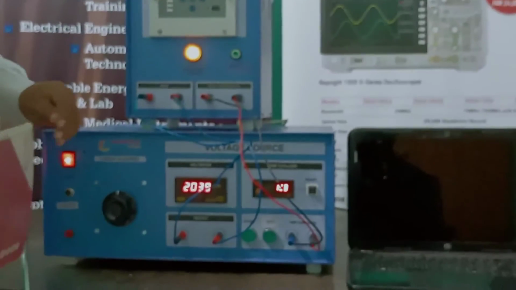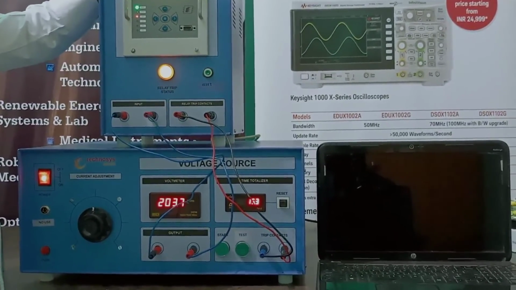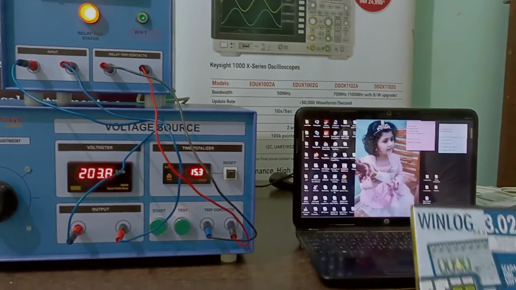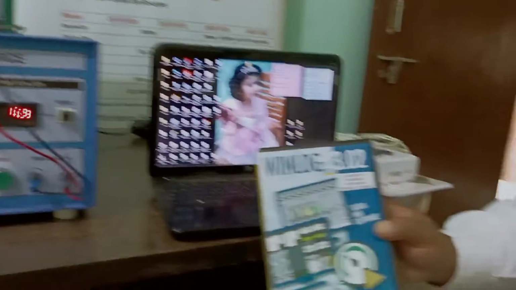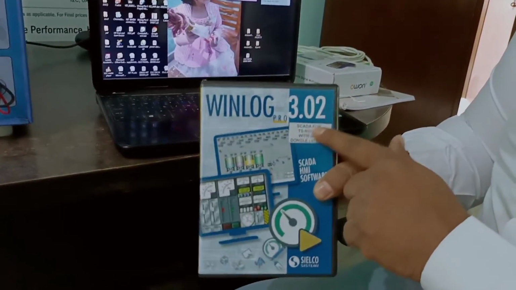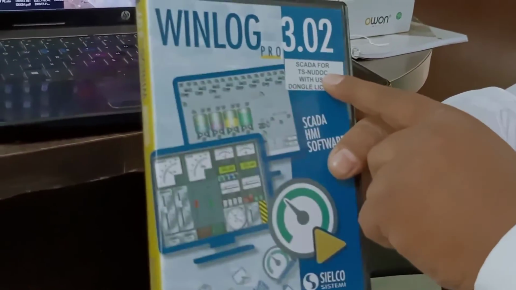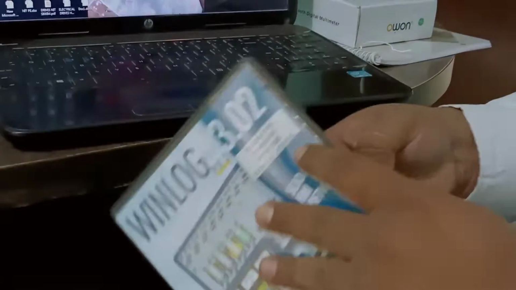Now we will go for the SCADA operation of the same relay. For the SCADA based operation of this system, we are providing you this CD. Here it is written SCADA for TS NUOV with USB dongle license.